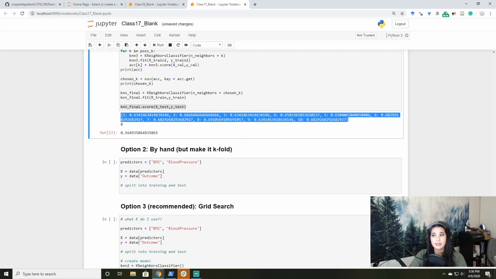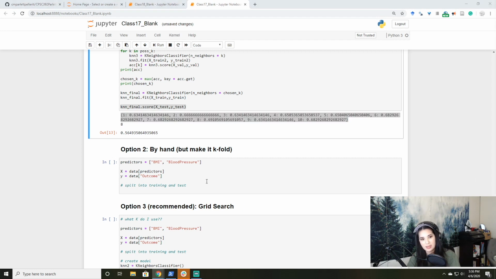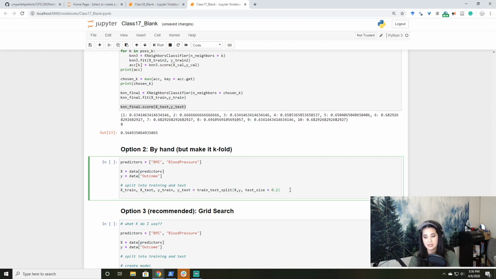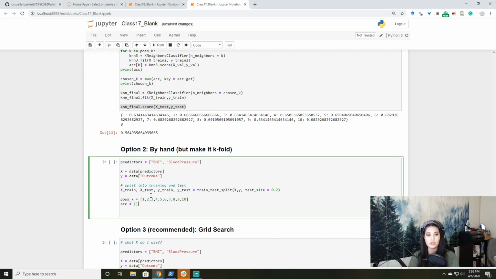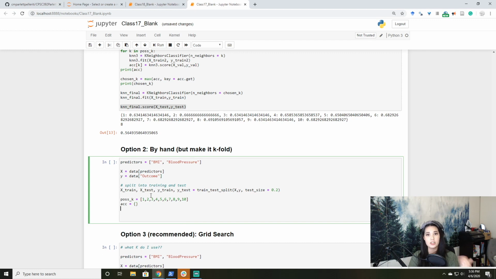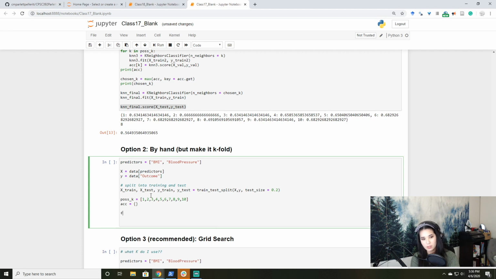Okay, so let's do that entire thing again, but let's do this by hand, but using k-fold instead of just using train test split. So the first part is going to be exactly the same. We're going to split our whole data set into a training set and a test set. But instead of just splitting it again and creating a validation set, we're going to use k-fold cross-validation on our training set to fit and test out the different values of k. So again, I'm going to say for k in pos k,